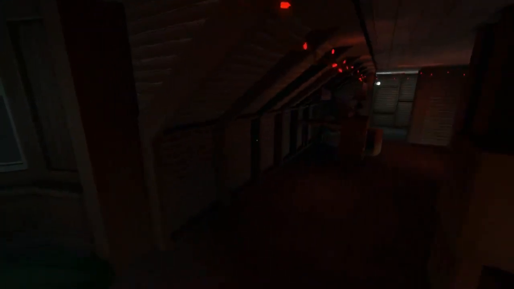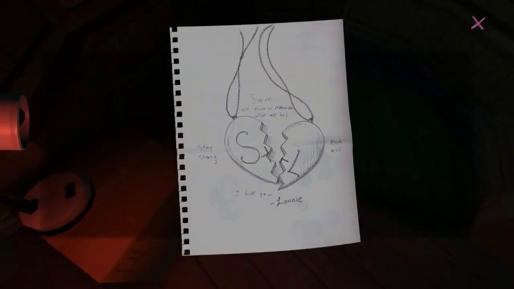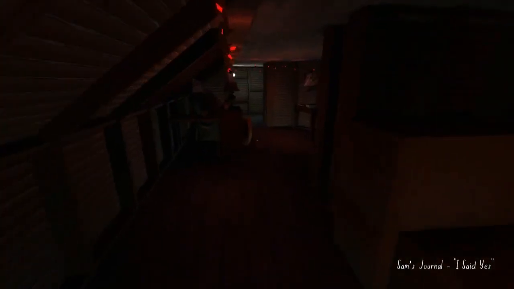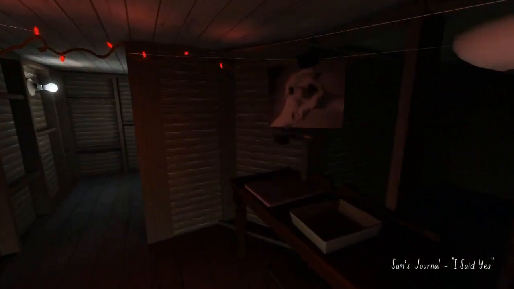Gone Home also plays recordings of Katie's sister, Sam. She doesn't exactly tell you what's going on, but instead she tells you about her life as Katie has been away traveling. This is very typical for Western-based horror video games. The player is often given parts of the story as clues as they progress, and are left to fill in the blanks. The use of music, sound, and atmosphere helps the player to understand and interpret these clues laid out in the game. For example, when the player finds an important clue or nears an area that is important to the storyline, the music often swells to a crescendo to notify the player of its importance.